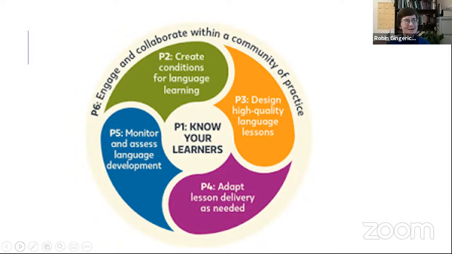I think we do this all the time. Sometimes we allow an activity to go a little bit longer than we planned, so we adapt our lesson. Sometimes in the middle of the lesson, we add an activity or an exercise for our students that they're not understanding, so we're adapting. And sometimes we have planned too much for our lesson, and so we save something for later. All of that is adapting the lesson. It still comes out to be a very good lesson, but we as teachers are brilliant and we know how to think on our feet. And so principle 4, adapting lesson delivery, is both thinking on our feet and planning ahead. So next slide, please.